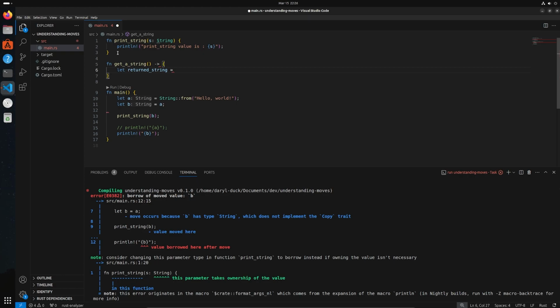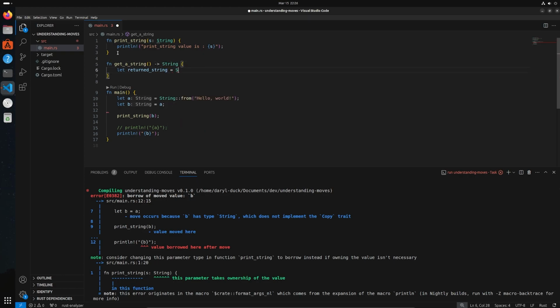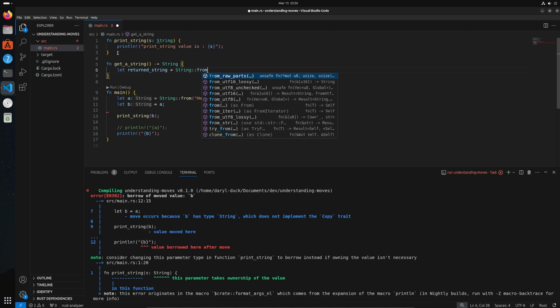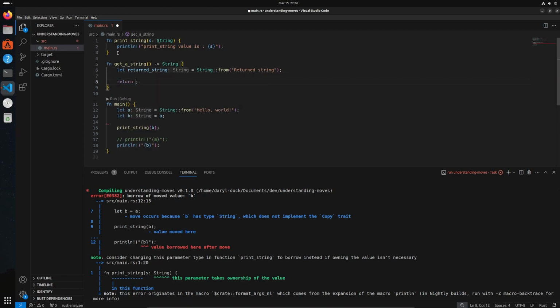Whoops. Just forgot the String up here. Just realized. String::from, it's not dot dot, colon colon from, returned string. All right. If I now just go return returned_string, whoops,